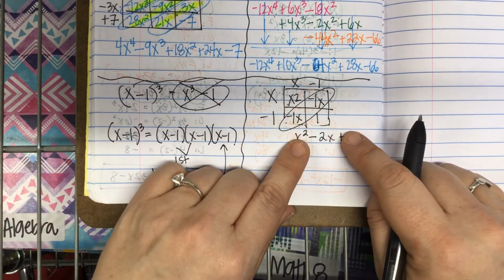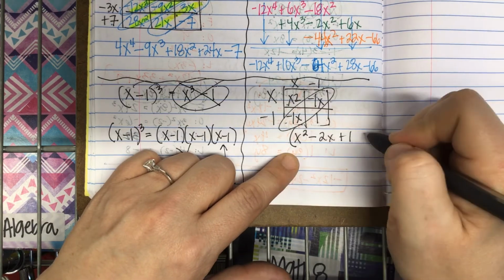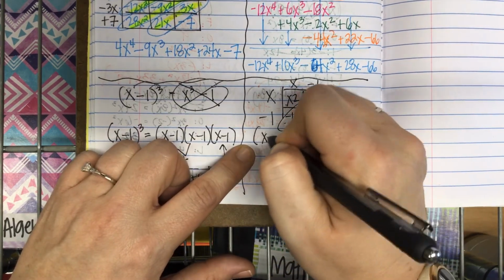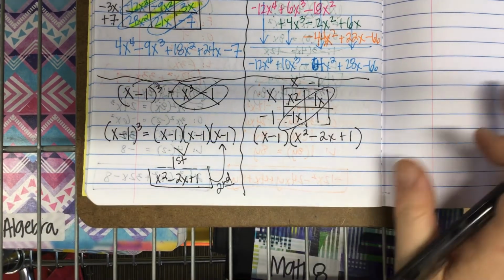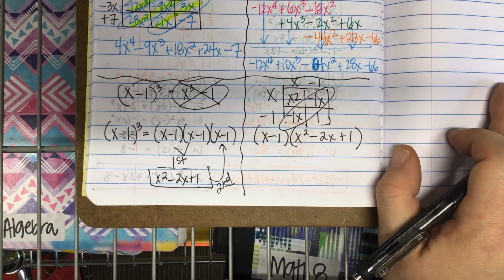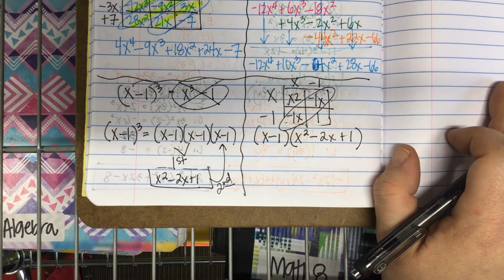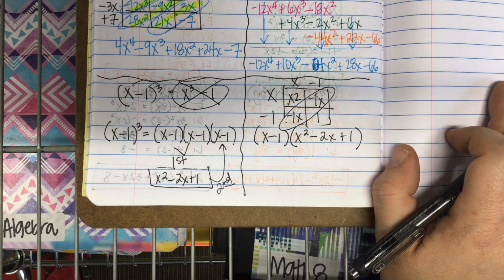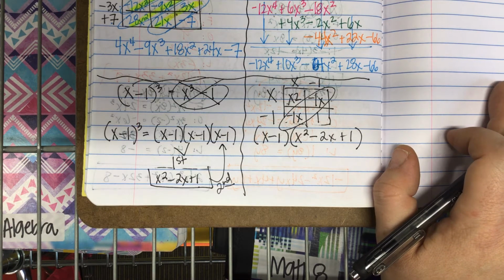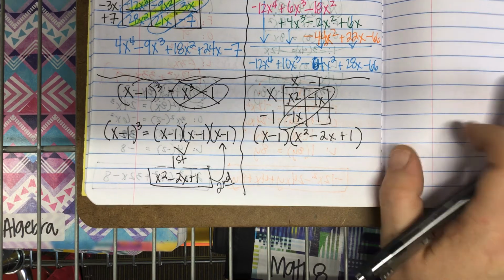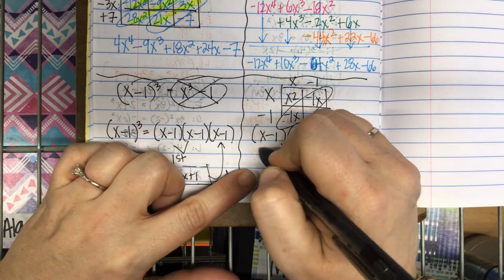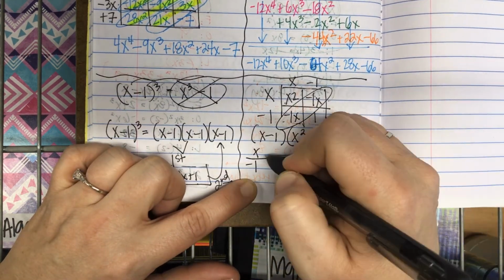Now I take this answer and I multiply it by x minus 1. And it's your choice. You could make a grid, or you could double distribute and write it out. It just kind of depends on what works best for you. If I did a grid,